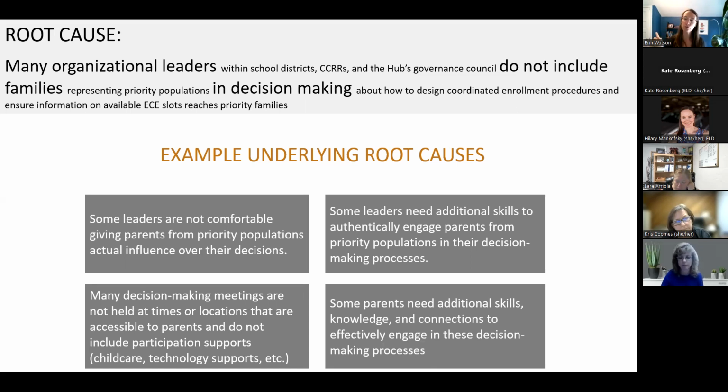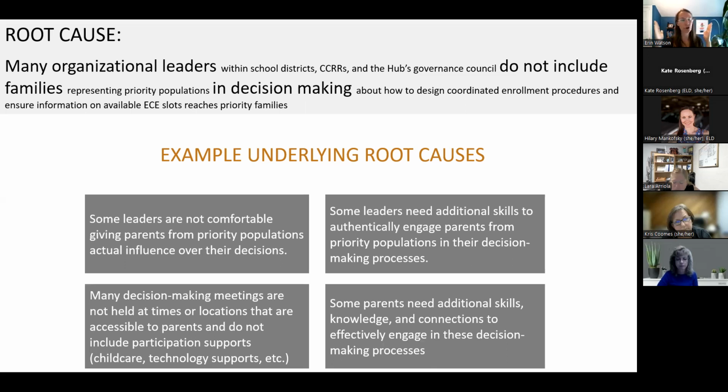If you were to just focus on that first root cause and design strategies, you might make a lot of assumptions about what to focus on. Think how different your strategy design process, that ideation process we were talking about a little bit before, think how different your strategies might look if you were focusing also on these underlying root causes.